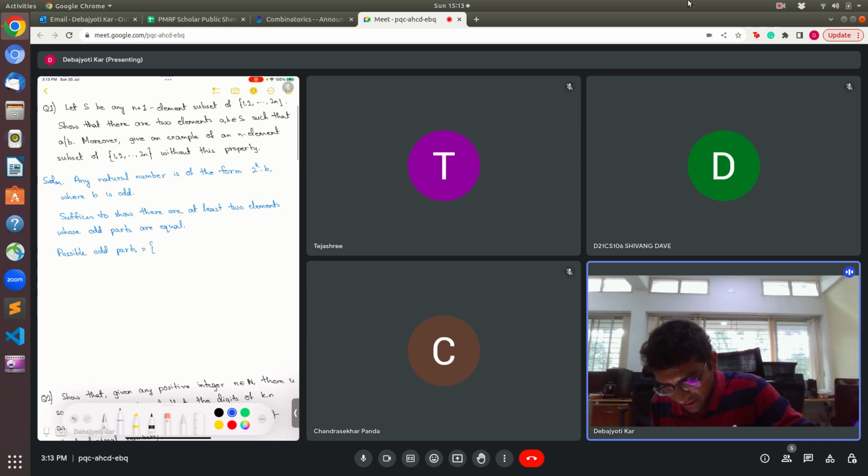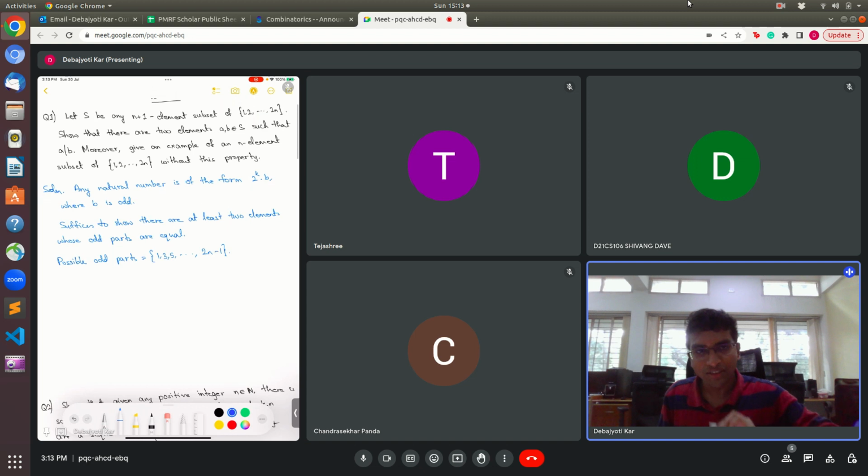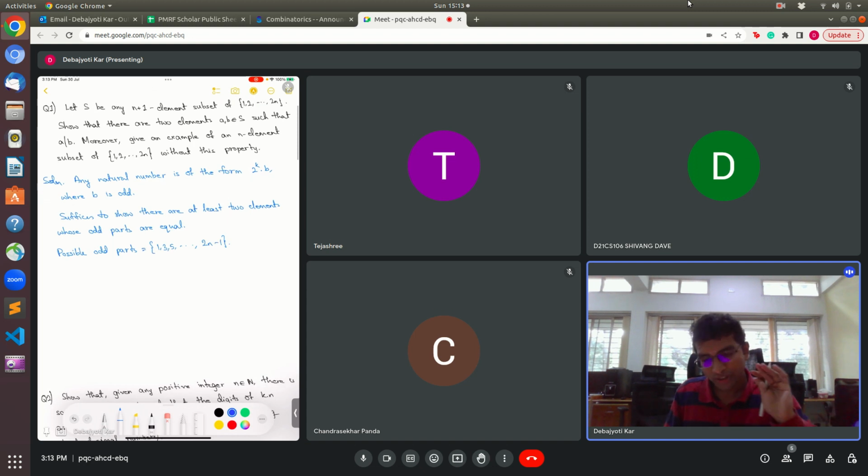So this is the set up to 2n minus 1, right? Since every number is less than or equal to 2n, the odd part of the number has to lie in this set. It's an odd number which is less than or equal to 2n minus 1. So these are our holes,